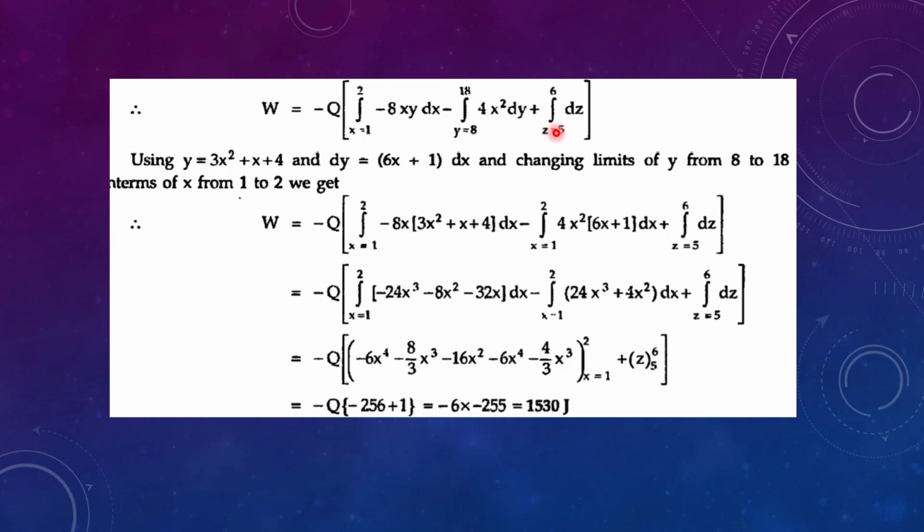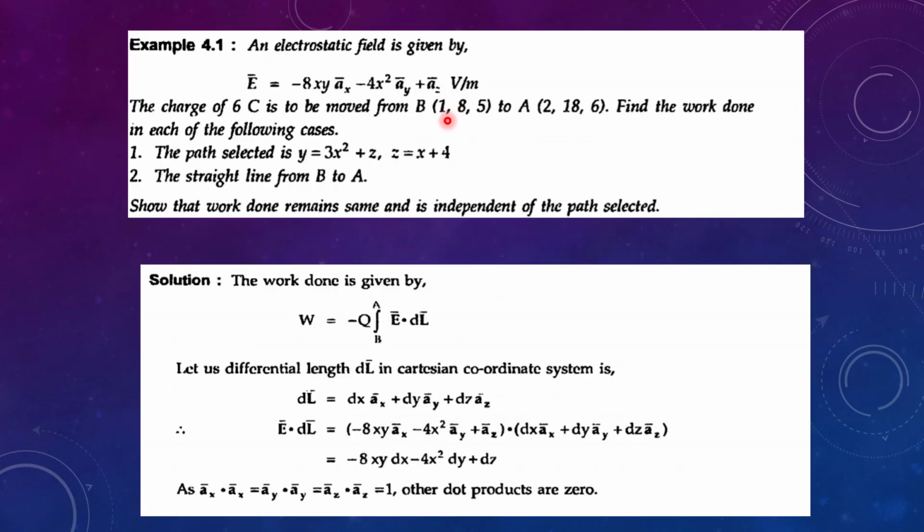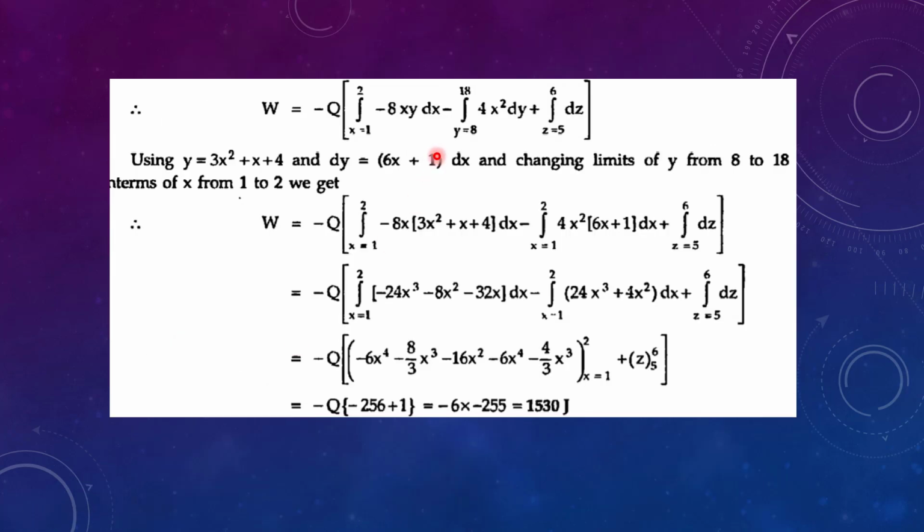Now in this equation, we have to choose the path. Now for each integration, the limits are separate. For first dx, the limits of dx: in point B, x value is 1 and in point A, x value is 2. In point B, because it is starting point, x is 1 and final point is A where x is 2. So we have chosen initial limit 1 and final limit 2 for dx path. Similarly for dy path, y is at 8 and final y is 18. Z is at 5 and final z is 6. Okay, we'll keep these limits as it is.